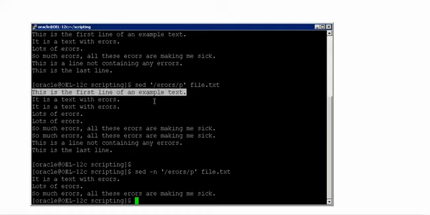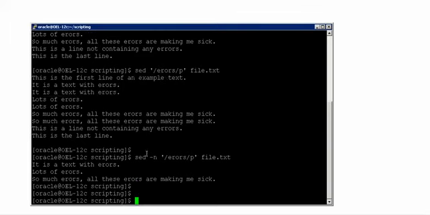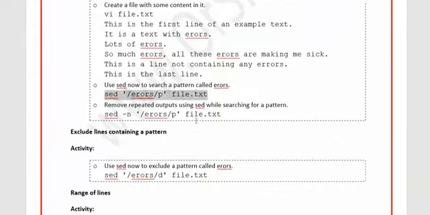But in the earlier command, every time it reads a line, it will show that in the output too. And if the search condition is true, it will repeat the same line again. So that's the reason you will often see sed followed by -n, not without -n. Now if you go back to your scripts, if you have any in your project, you will better understand why -n is used. Having said that, let us come back.